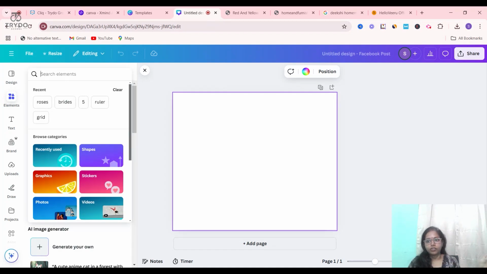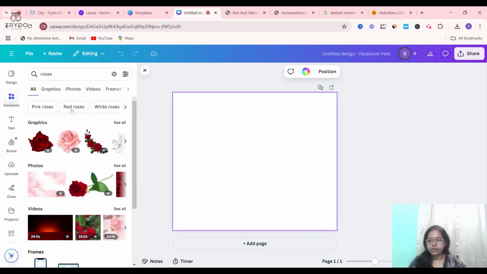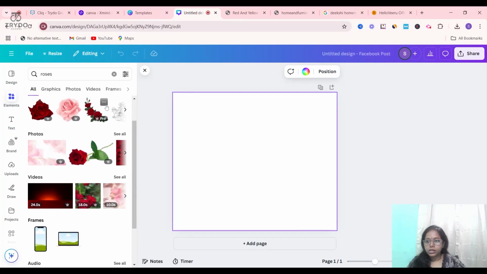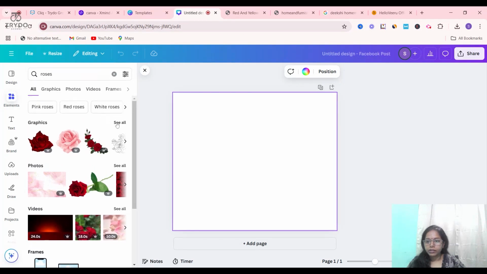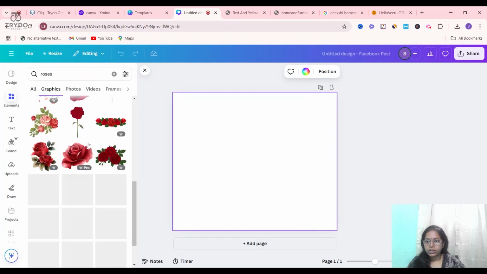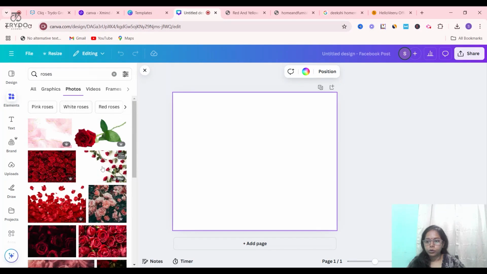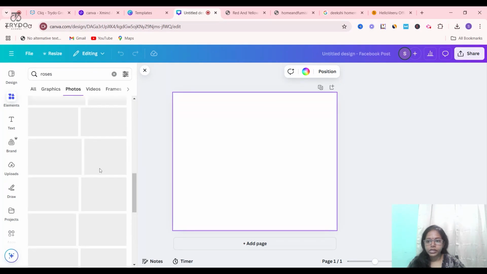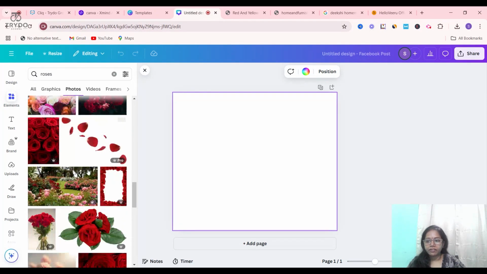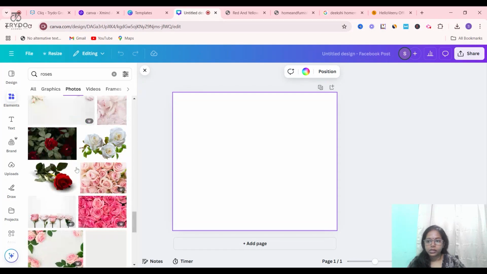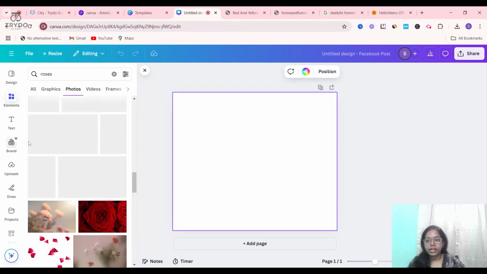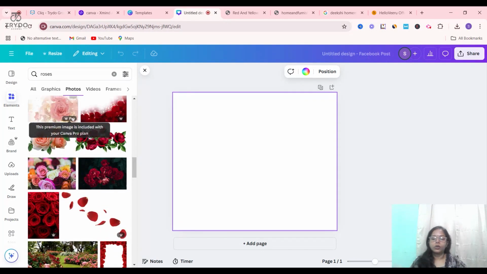Let us just go for a generic topic like roses, brides. We'll just go for the roses. Can you see in the graphics also? This is how the roses look, and in the photos also, different colors of roses are available. Correct? We have red, white, orange, mixed colors, and so on. You have to search or filter for white, green.